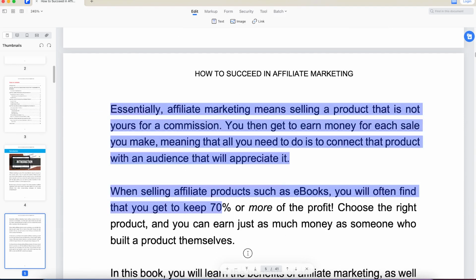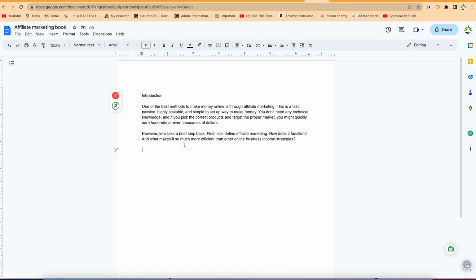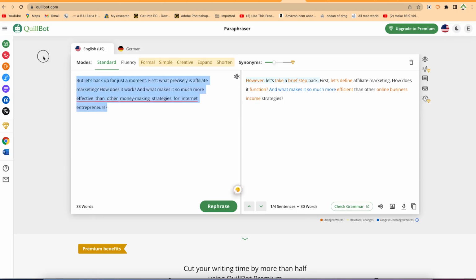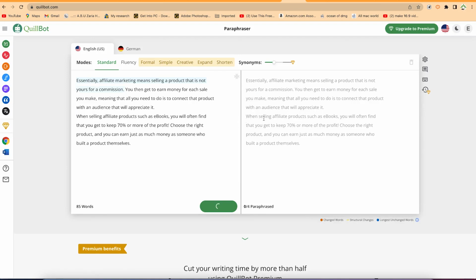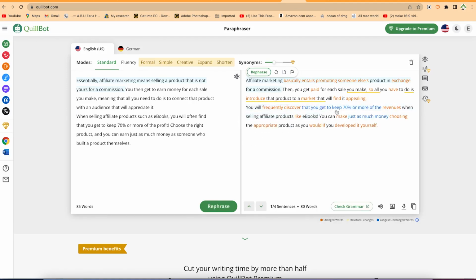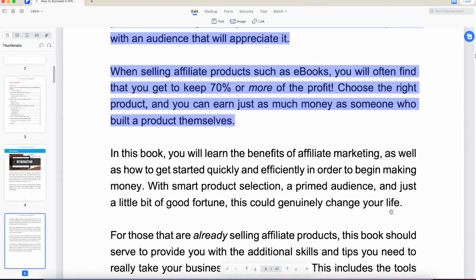If you want, you can take in several paragraphs at once, but for effective usage, I prefer to go paragraph by paragraph. So you can come back to Quillbot, select everything, paste, and say paraphrase, and it's going to give you exactly what you are looking for. Okay, so you can see this is it. Go ahead and copy, come back here, and just paste it. You can separate these because they are two paragraphs. So you can keep doing the same thing to edit most of the components of the book.